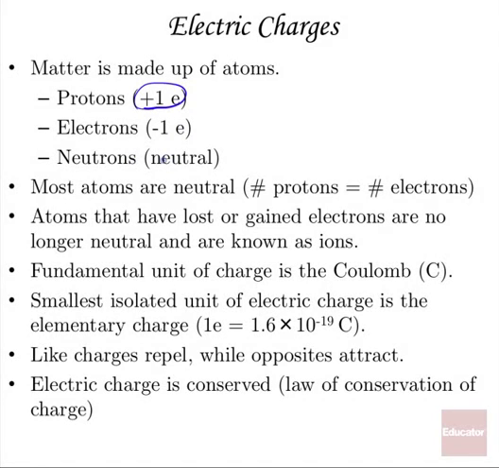Now, most atoms are neutral. They have equal numbers of protons and electrons. The positives and the negatives balance out for a net charge of 0. It's neutral. But if an atom loses an electron or two, it's going to become positively charged. Or if it gains an electron or two, it's going to become negatively charged. We call those charged atoms ions. Now, the fundamental unit of charge in the SI system is the coulomb, capital C. And that's for a big